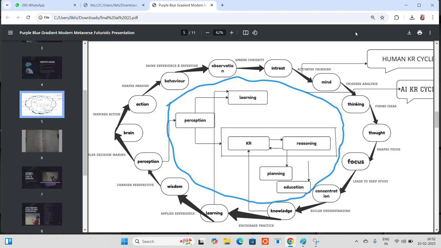So with her wisdom, she refined her perception. Perception and observation are similar words. Observation is just what we see, perception is how we see. That's the slight difference between them. Before, she just observed the bird flying, but now, after she gained wisdom from the knowledge, she changed her perception and started seeing differently. Now she sees the bird flying as science, not as magic.